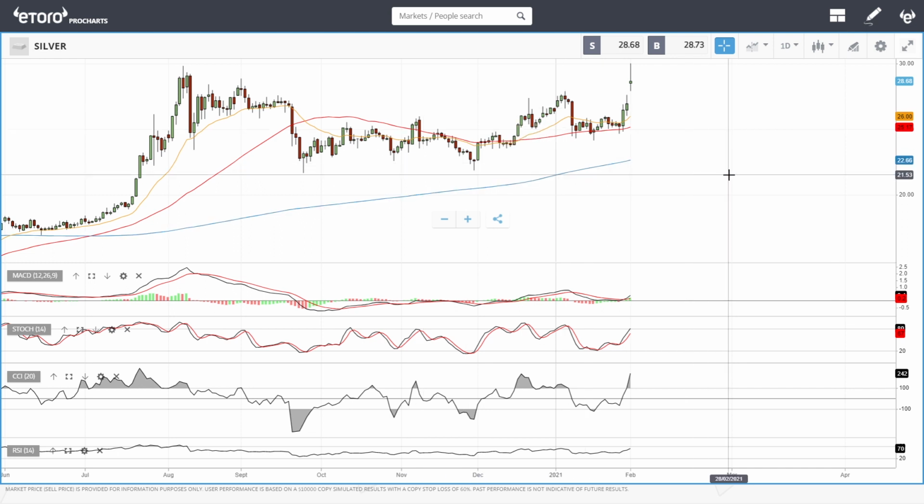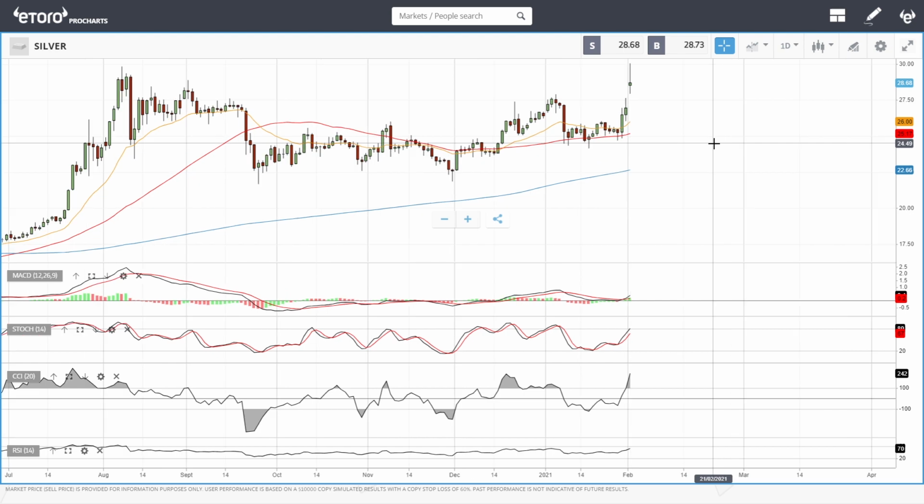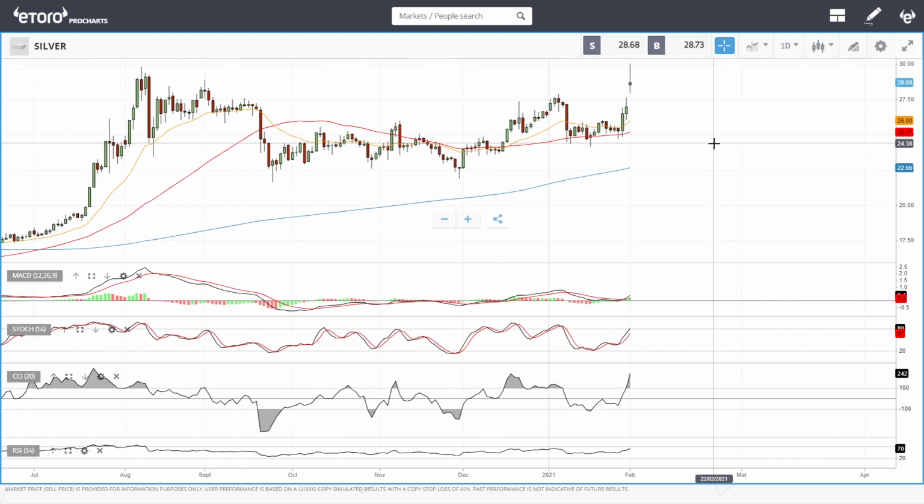silver just had a parabolic day. We went all the way up to $30 for silver. And this has something to do with the Reddit guys, or that is actually the news, that the Reddit guys were pumping up these precious metals. Whether or not that is true, I don't know. I haven't read their feed and don't know if that is the case.